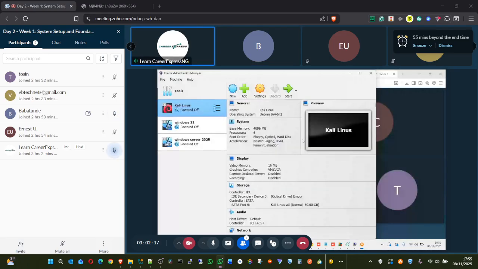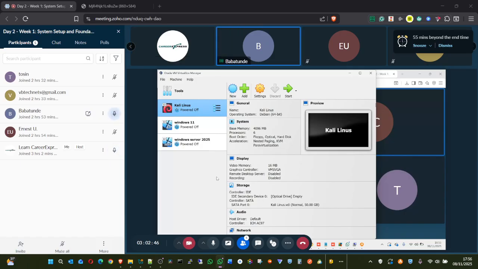So I can see that you allocated 4 gig RAM to Linux. You allocated 8 gig RAM to Windows. So 4 plus 8, that's 12. So meaning that your current OS is also using 4 gig RAM. And now let's go to that Windows 11 again. Click on that Windows 11. Yeah, I've clicked on it. Click on settings.